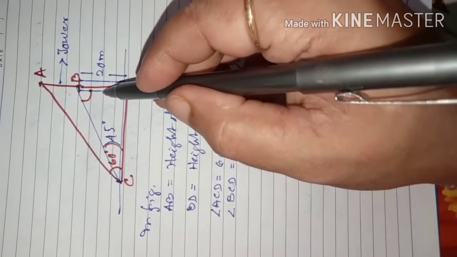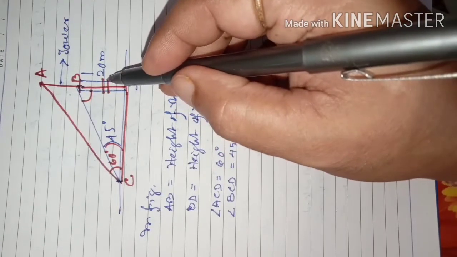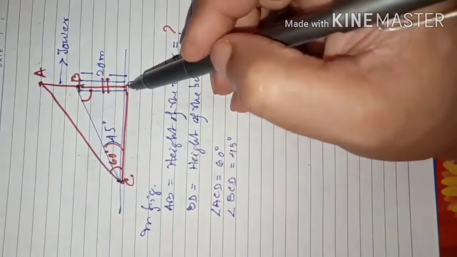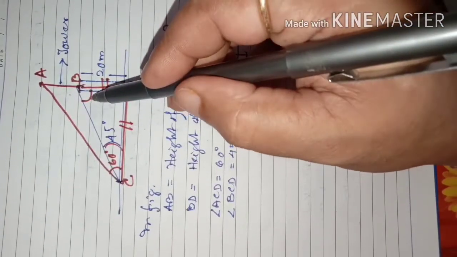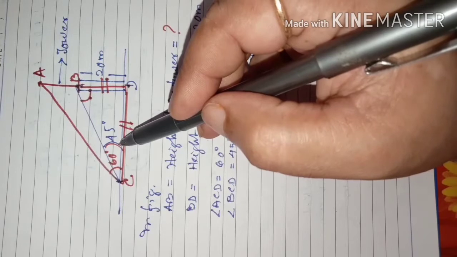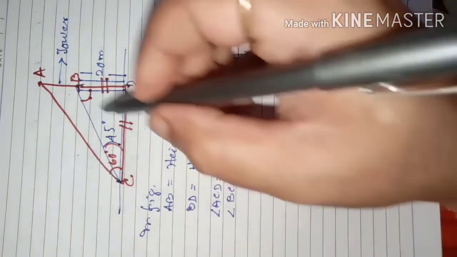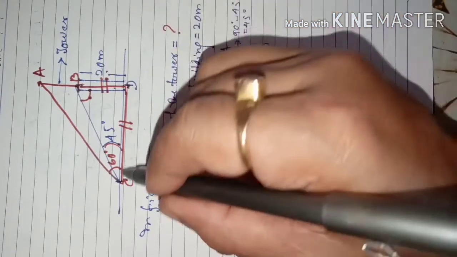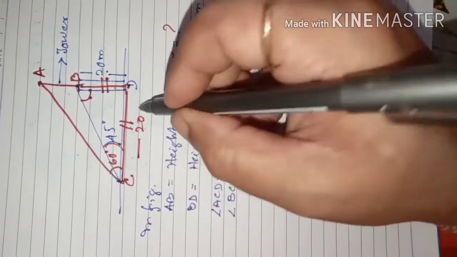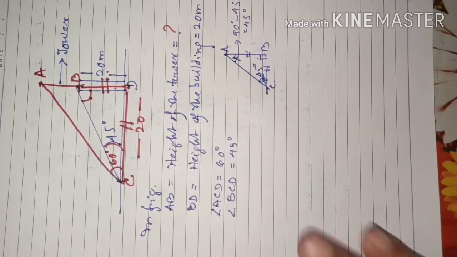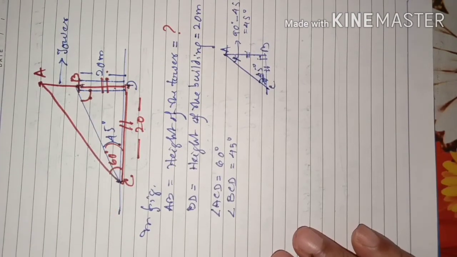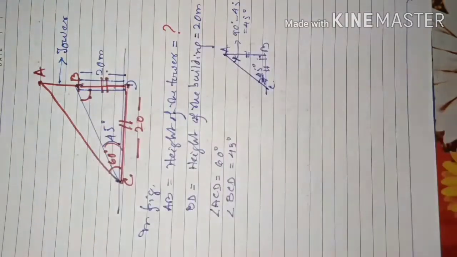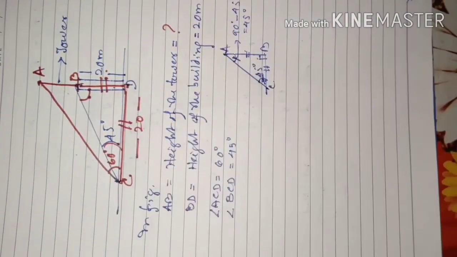That means the length of BD, listen carefully, will be equal to CD's length, because this angle also is 45. So at the end you got CD equal to BD. BD is already 20, so CD also is 20. So keep this fact in mind. Next time, whenever you see one angle is 45 degree in a right triangle, immediately you will say the two sides are equal. If one of the two sides is given, the other side you know.